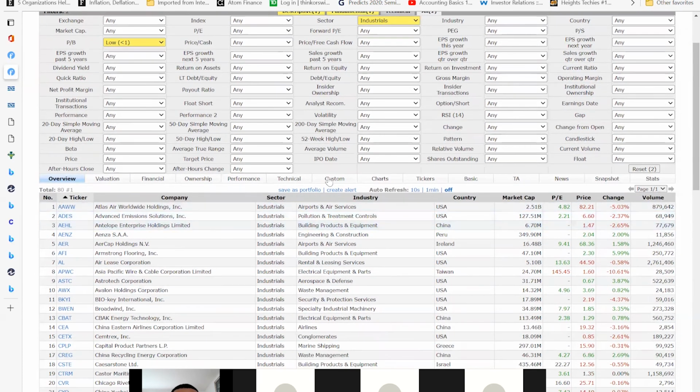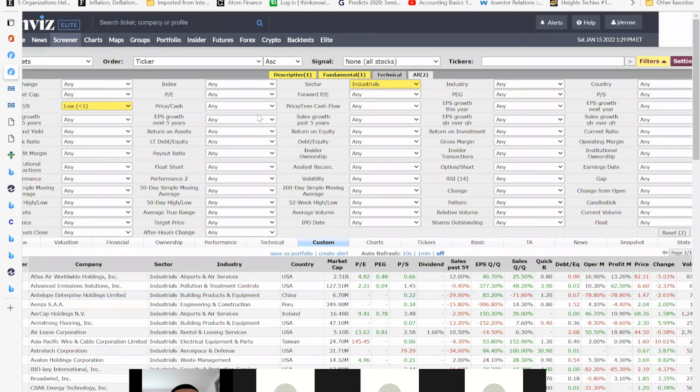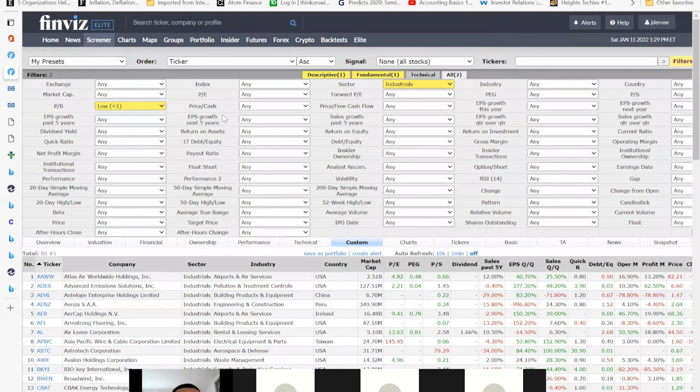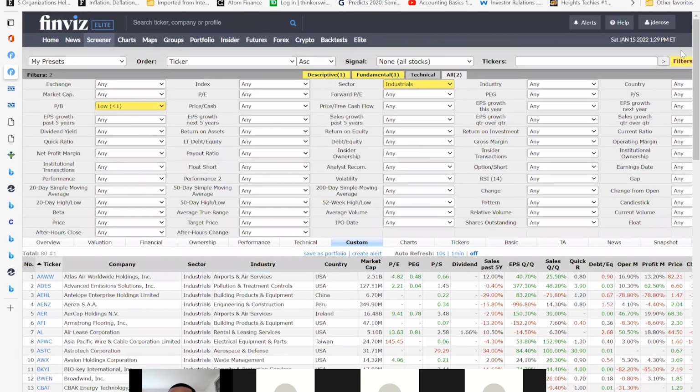Price to book. Let's see. Not price to book. Let's see. Do they have book value per share? Let me